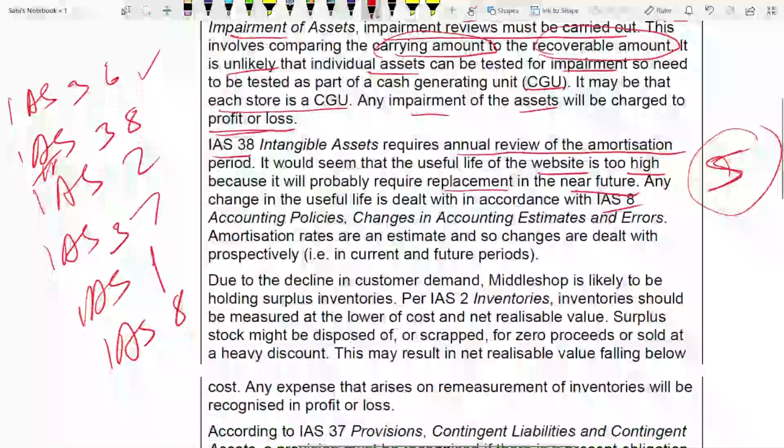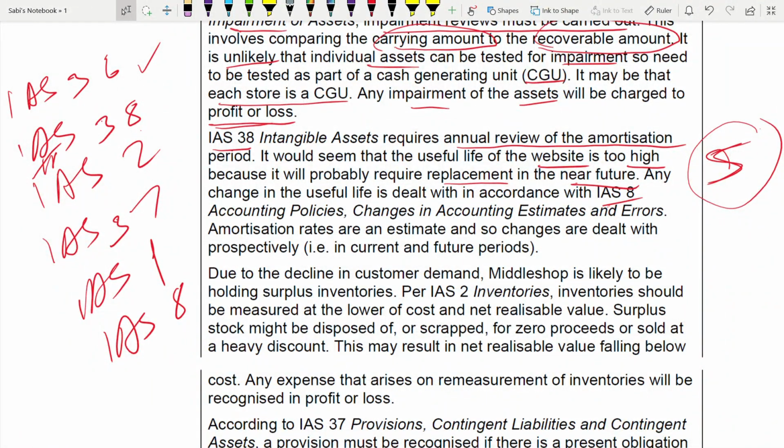So anyway, starting with this, IS 8. You need to understand what is amortization. Remember, IS 8 talks about 3 things: policies, estimates, error. Amortization is an estimate. You need to understand this properly. Amortization, depreciation, these are estimates. These are not policies. And there has not been an error also in the past. Please understand the difference between a policy and an estimate. You estimate the useful life of amortization, 5 years, 4 years. So it's an estimate. Okay? So if you change this, how are you going to deal with this?